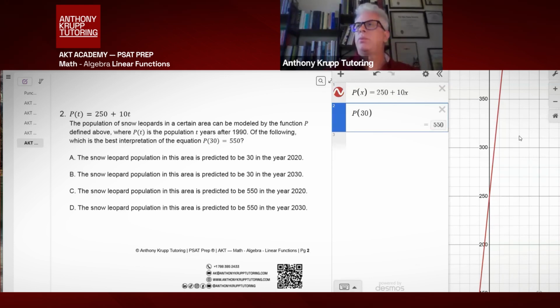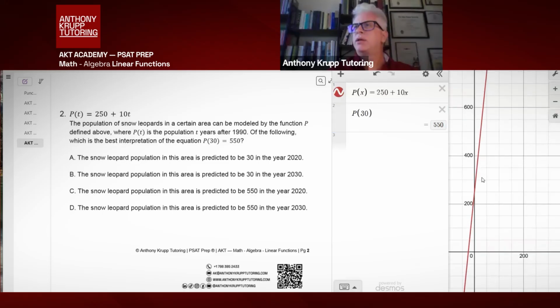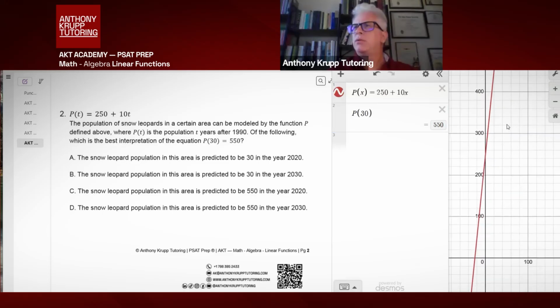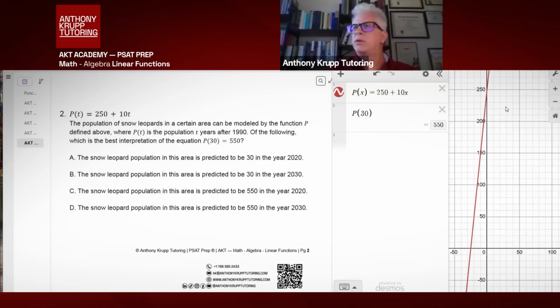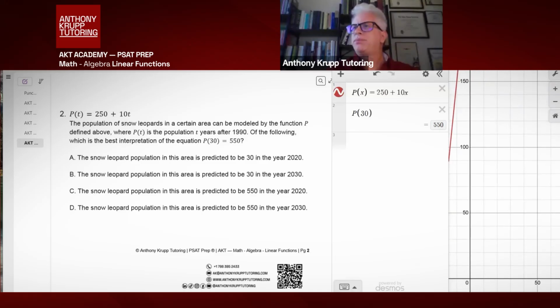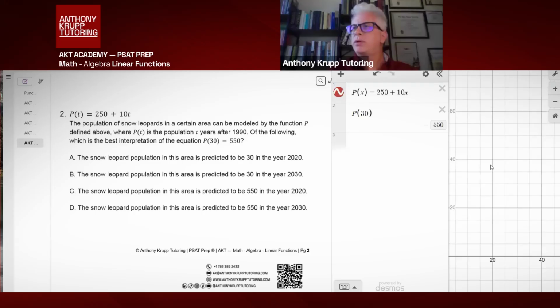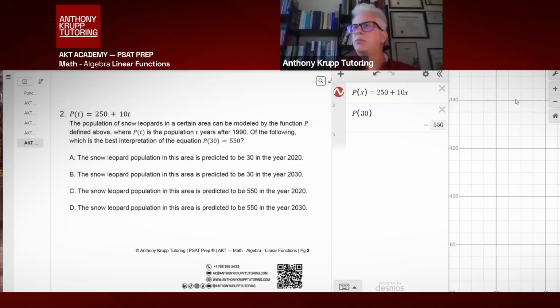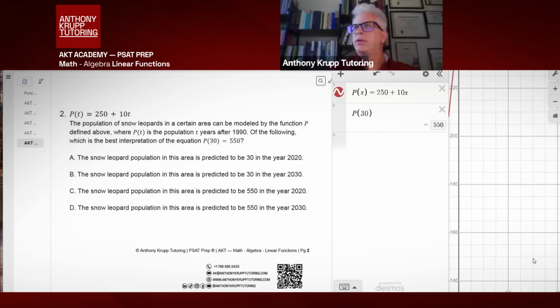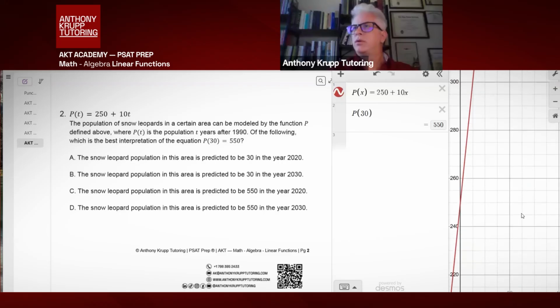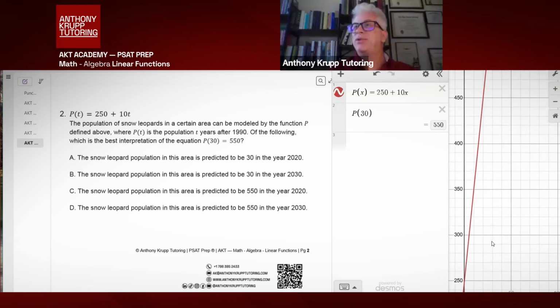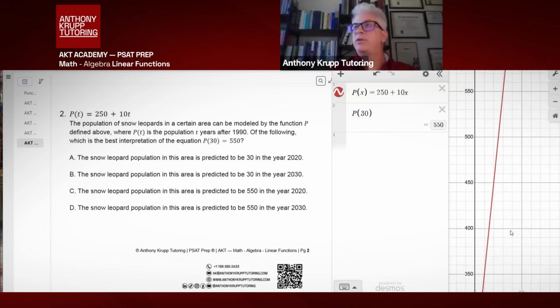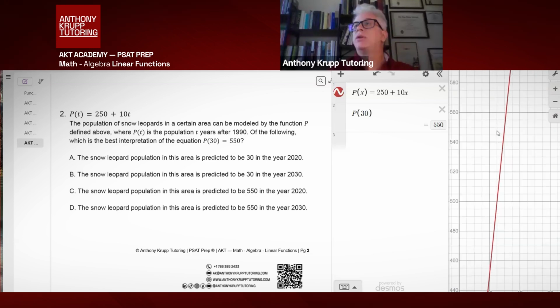That's exciting. And let's see if we can find that. P of 30. I wonder if it's doing... No, it's not going to show that actually. Interesting. Okay. Desmos is fun. So 30 would be here, P of 30. And if we go straight up and down, more or less, eventually we'll hit the 550, right? Hopefully you see what I'm up to here. P of 30. There we go. So if I zoom in on this spot right here,